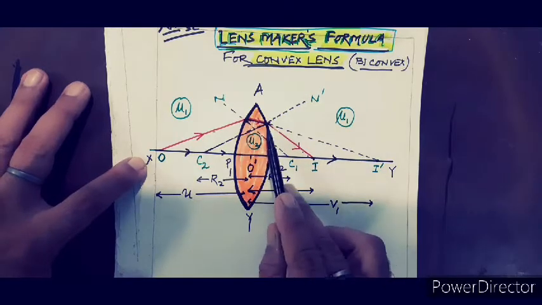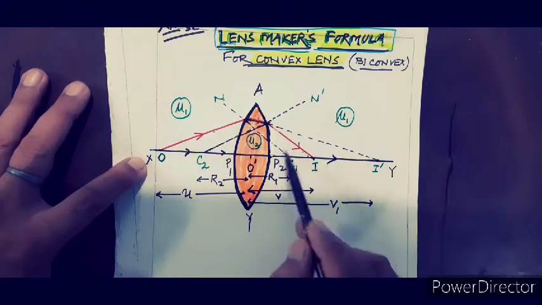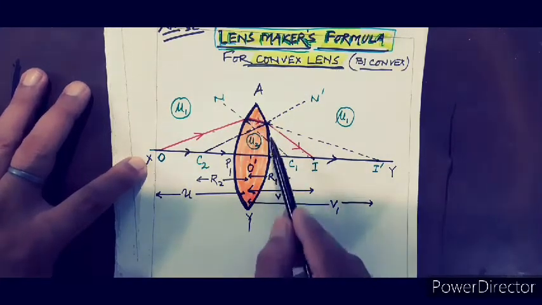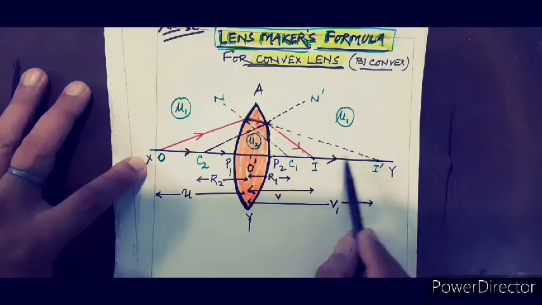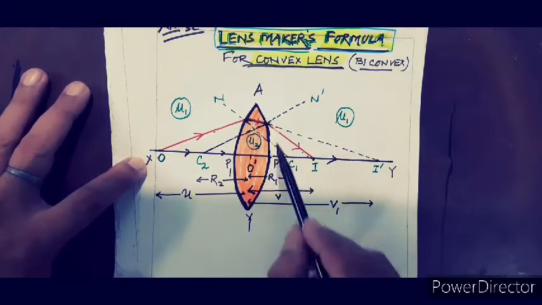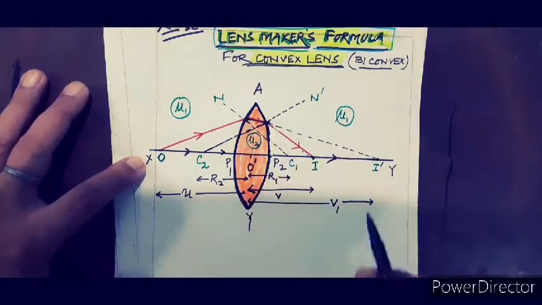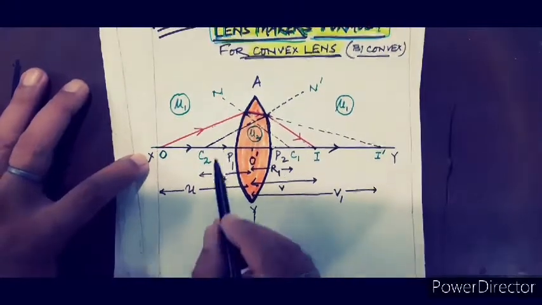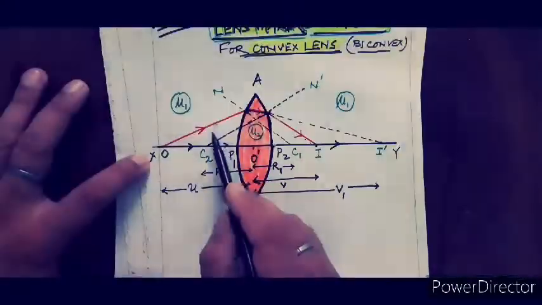But because this surface is there, if this surface were not there, the final image would have formed here, but because of this surface, the final image is formed at I. So two times refraction occurs. First the refraction from